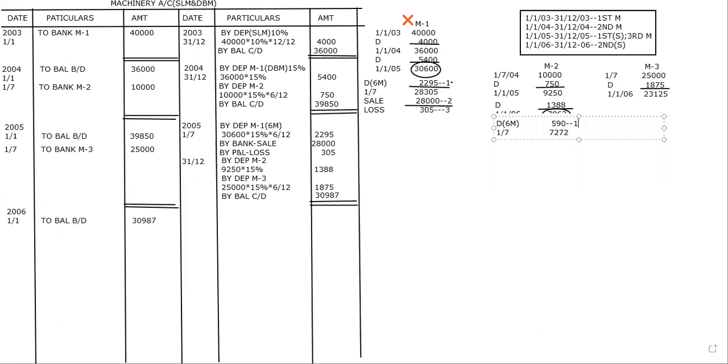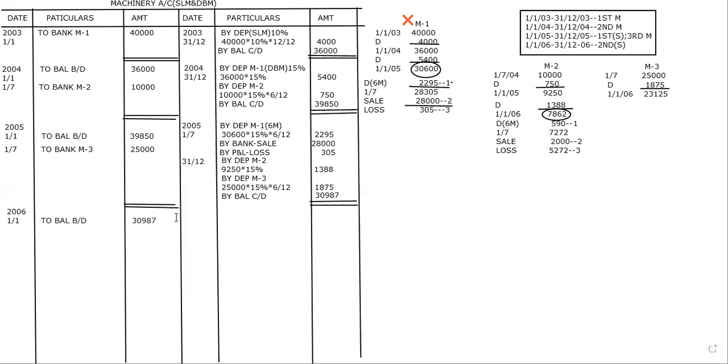Yes, ma'am. So did you get it? Now if I subtract that, what balance do I get? I got 7,272. So that is what I should have sold for. But please check that amount. Did we sell for the same amount, or something more or something less? Very less, ma'am. We sold only for 2,000, and this is my second segregation. And what did we get now? Loss. So how much is the loss? 5,272. This is my loss, and this is my third segregation.